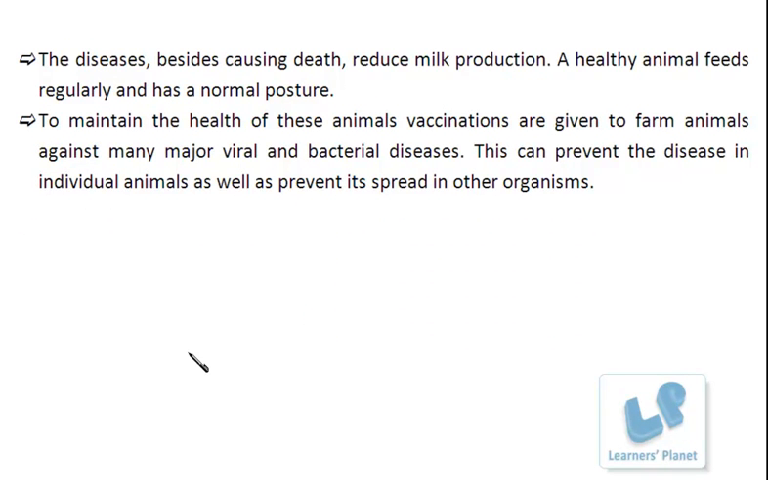So the best prevention for such control is, number one, vaccination. There are different animal vaccination programs for the farm animals, and that should be given to these animals at regular intervals. Such vaccinations are generally for the major viral and bacterial diseases, right? Besides this, the next